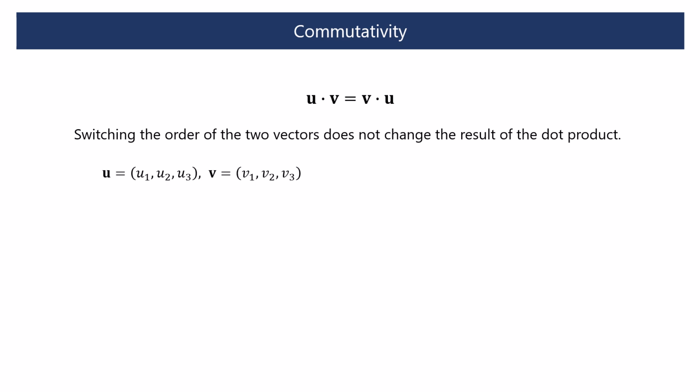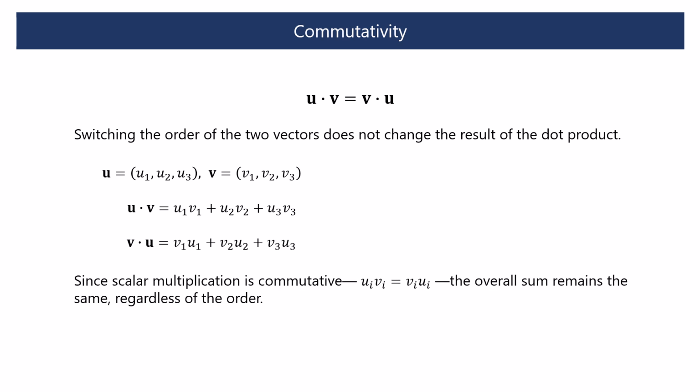Suppose we have two three-dimensional vectors, u and v. The dot product is computed in this way. And the dot product of v and u can be calculated in this way. Since scalar multiplication is commutative, that is, the product of ui and vi equals the product of vi and ui,